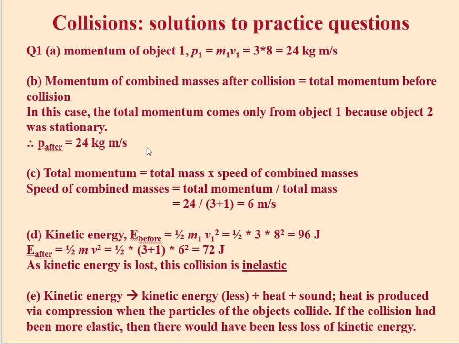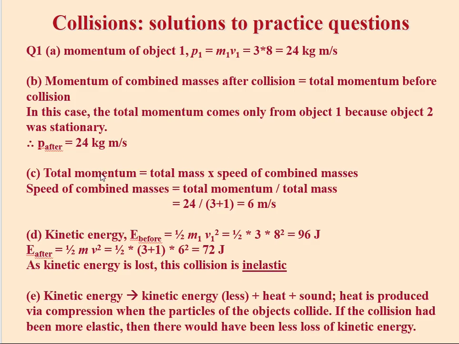This shows how useful it can be because then we can start to discover what happens after the collision as well. So part C says calculate the speed of them after the collision. So if the total momentum, which we know because it's the same as the one before, the total momentum equals the total mass multiplied by the speed of the combined masses. So